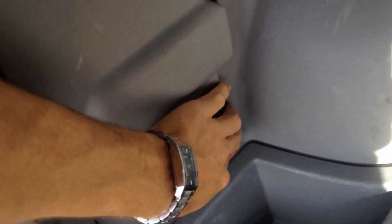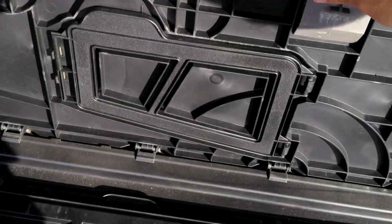Here's the cargo area. Jack storage. You can see how classy that thing opens up. Everything is all scratched. Again, once the seats fold down, cargo isn't too bad. And you can see this here. And once you open it up,